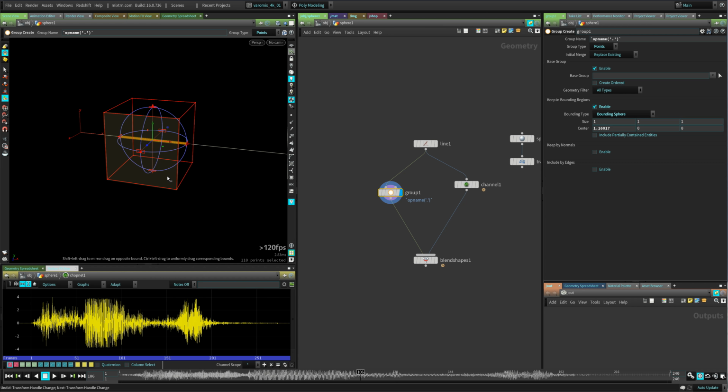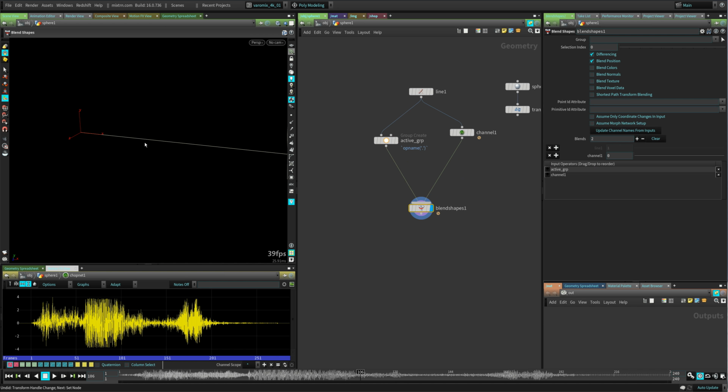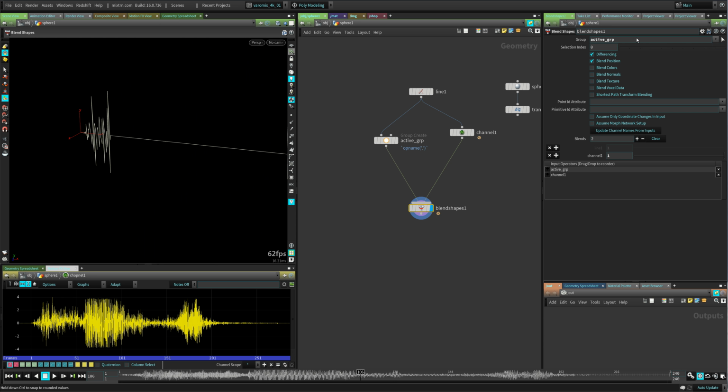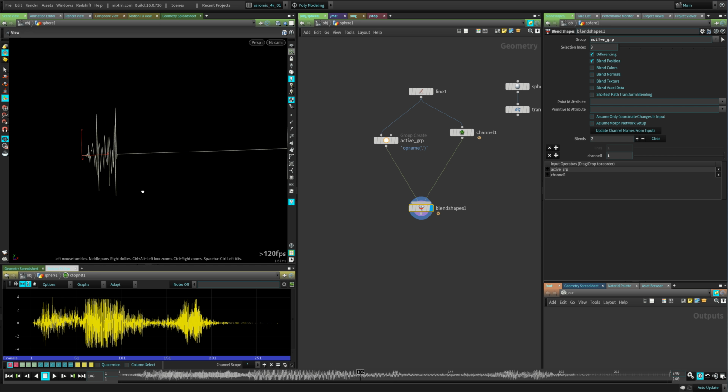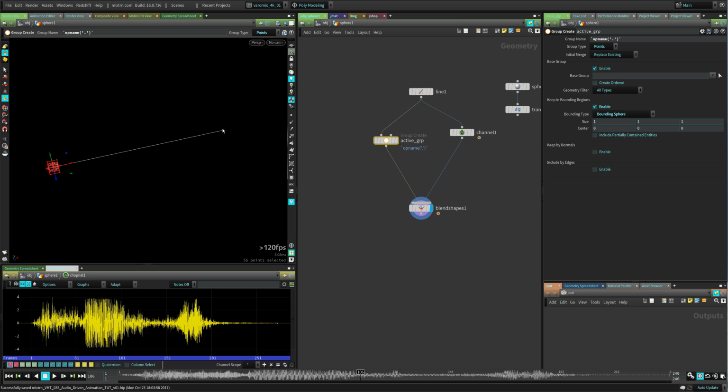That's what I want. So let's say this is the active group. And I want the blend shape just to act on that section. So let's put this all the way to 1 and then put the active group there. You can see that's what I want. It's just acting on that. Now we can animate the group. Let's animate this from here to the end of the